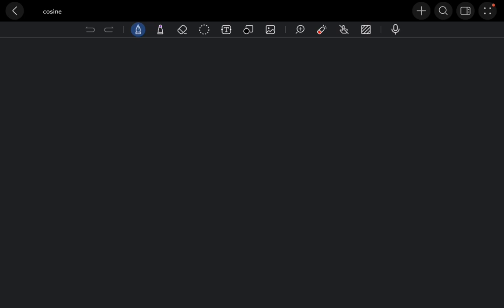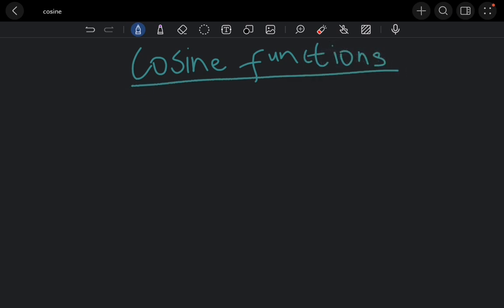Hi all, in today's video we're going to cover the cosine functions in trigonometry. So unlike the sine functions which you've covered in the previous video, the cosine functions are a bit different, but the concept is exactly the same. It's just that the shape of the function is different. So if we look at the cosine function,